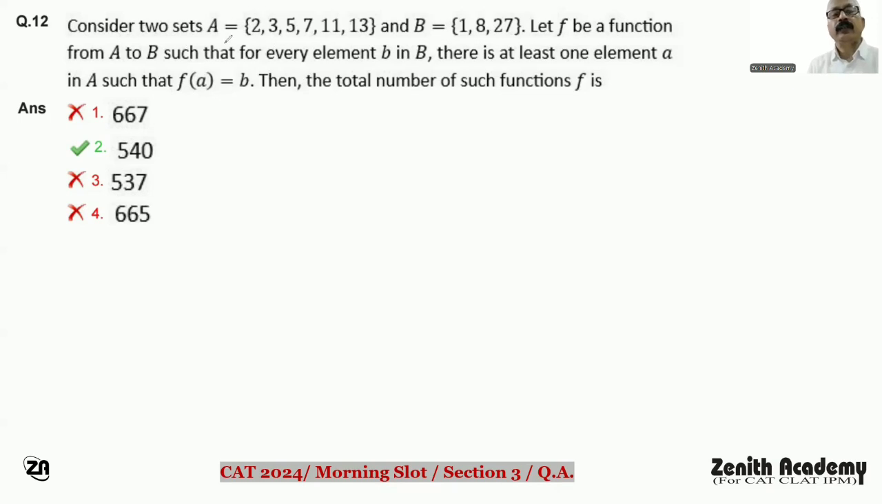Here, two sets are given, set A and set B. Let f be a function from A to B such that for every element b in B, there is at least one element a in set A. यानी set B के जो elements हैं, ये set A के किसी न किसी एलिमेंट की इमेज जरूर है, यानी वन भी किसी की इमेज है, कम से कम एक की इमेज जरूर है,